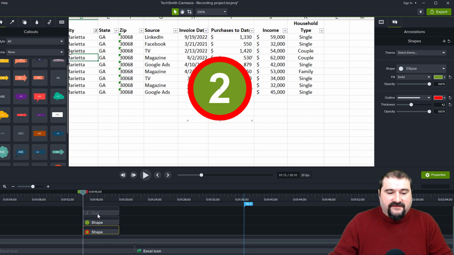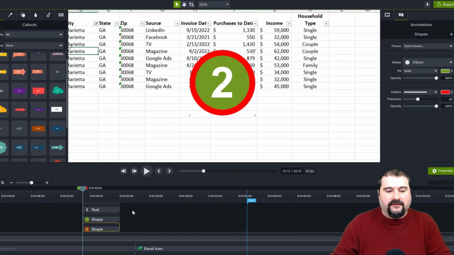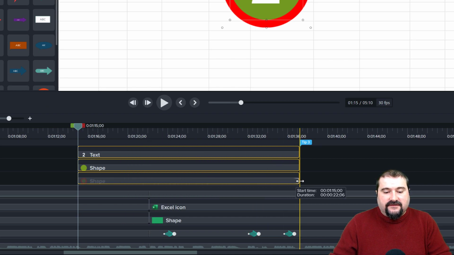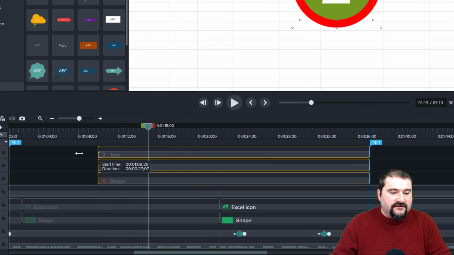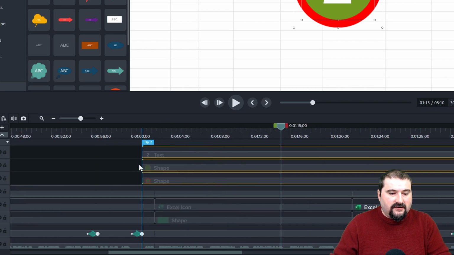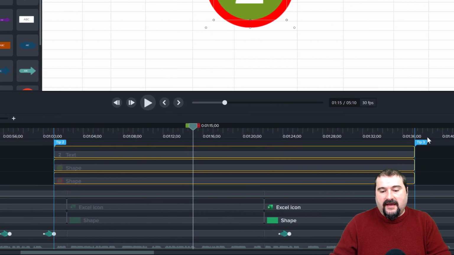Well, you notice here I have these 3 elements, and we'll get to them in a second, because I want to actually group them and make them an asset that I can move around and change the number. That's what I want to do. So select all 3 of them and just expand their duration until the next tip. So right now, look down here. I have these 3 selected, moving back to the beginning of tip 2, right here, marker for tip 2. And this is where tip 2 ends and tip 3 starts. So this is the kind of duration I'm playing with now.